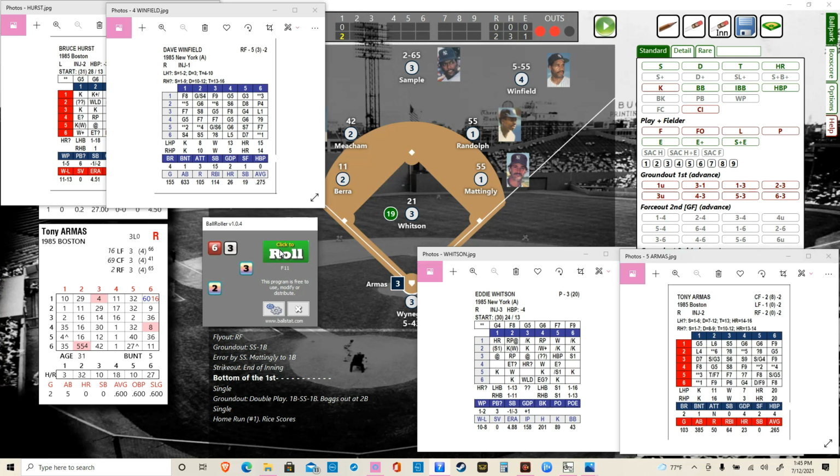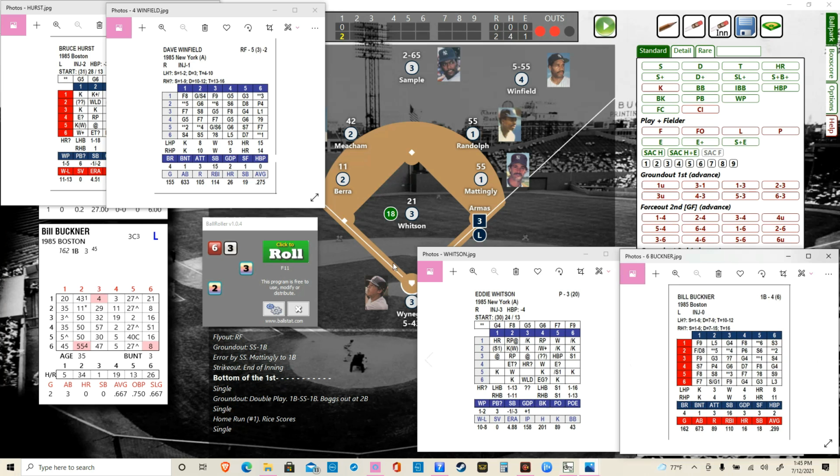3 hits in the inning for Boston. 6-3 single past the pitcher. So Whitson is getting hit a little bit. So Armas comes down with a single. He has no chance at running, so he will go that way. Bill Buckner, he was 2 for 3 the first game. .299, 16 home runs, 110 runs driven in. Another home run chance against a lefty, and